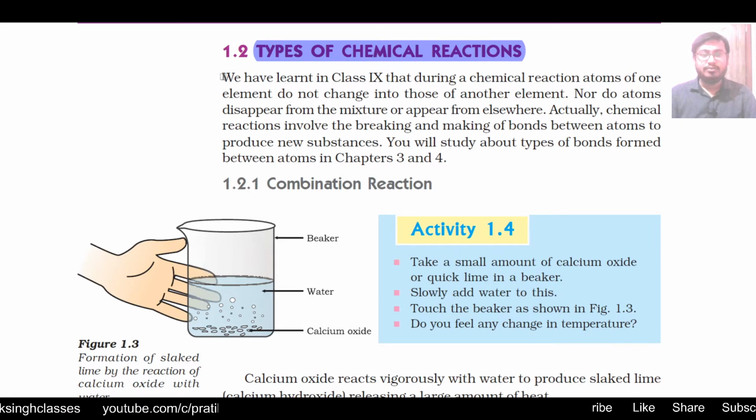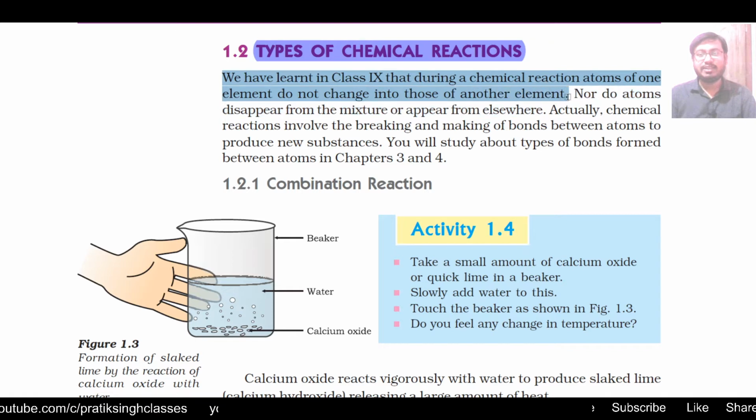We have learned in class 9 that during a chemical reaction, atoms of one element do not change into those of another element. It means that whenever a chemical reaction happens, suppose there is oxygen in the reactant and it forms some product, it will not happen that oxygen will change into carbon. One type of atom will never change into another type of atom, nor do atoms disappear from the mixture or